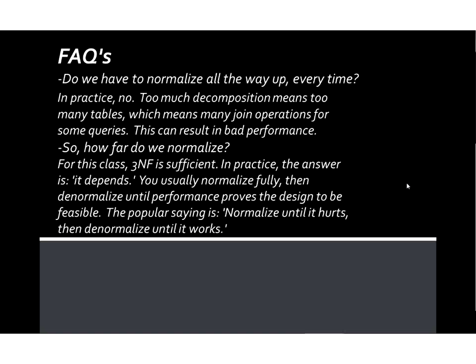Just some interesting tidbits here. You don't always have to normalize all the way up each and every time. Many times, depending on how many smaller tables you break into, these joins can get computationally expensive. Even though you have the internal optimizer and modern database systems are pretty good about that, and memory is cheap, and with GPUs and Moore's law saying we double processing power every 18 to 24 months, I believe, processing power and computation time is still an issue. So if you break down too much and get a whole lot of small tables, you may find you're suffering performance